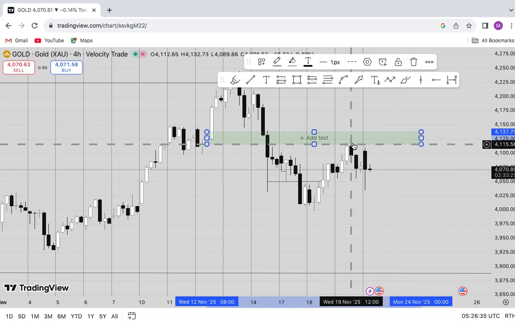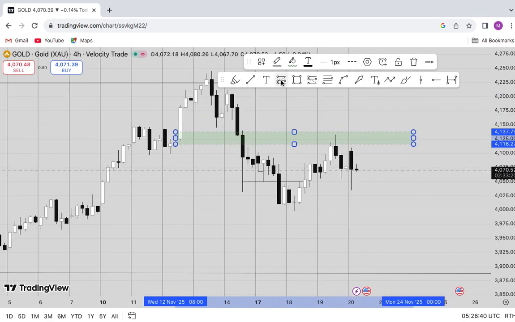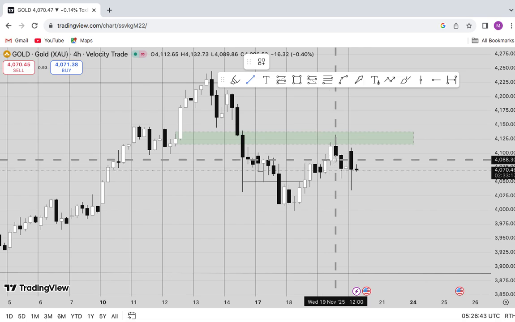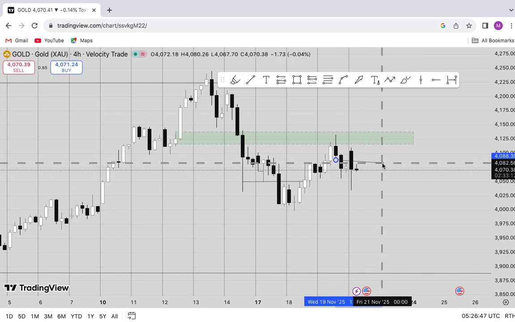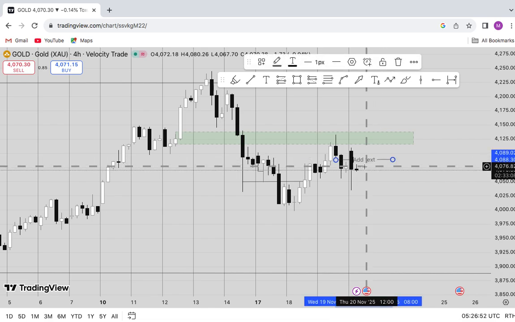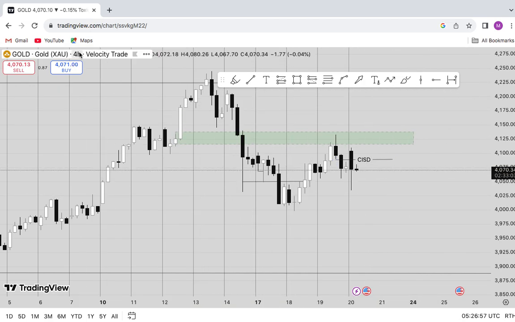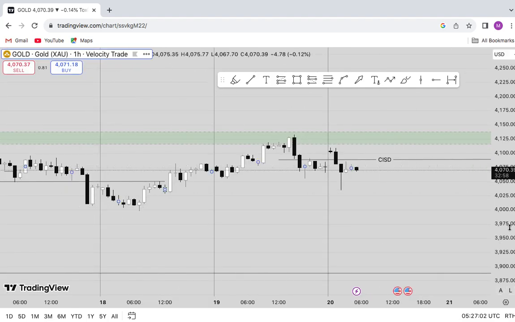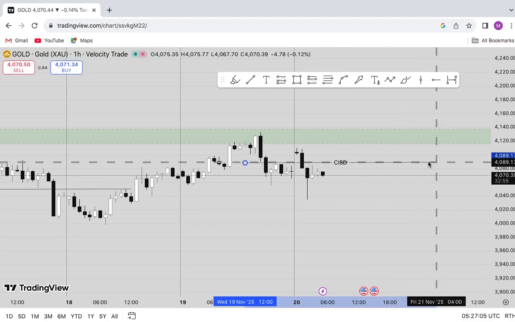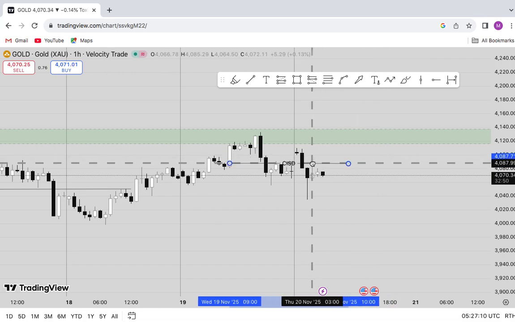You can see after we had this rejection, gold pushed to the downside, giving us a classic market structure shift. Not everybody knows the change in the state of delivery of a market, but that's my favorite, change in the state of delivery. And going maybe to the 1 hour time frame, you can see after gold gave us this change in the state of delivery, which is this area here,